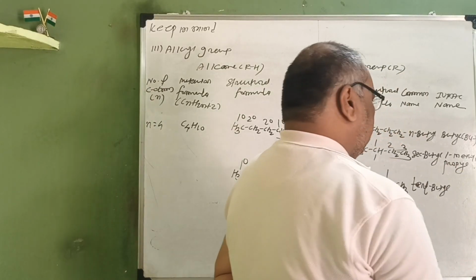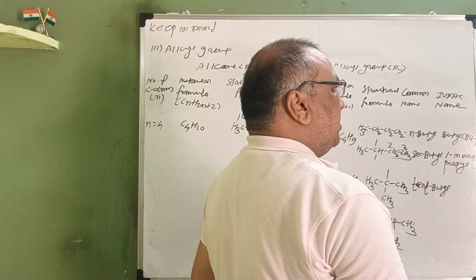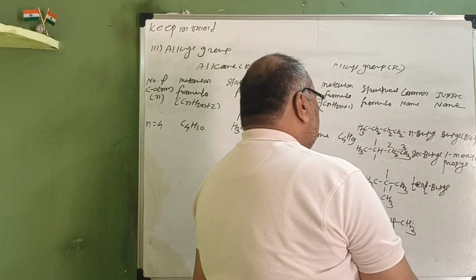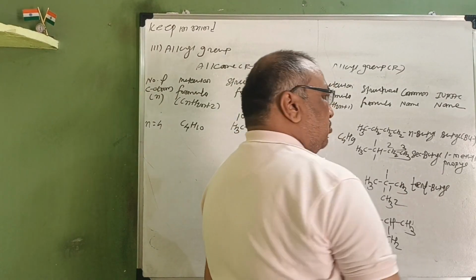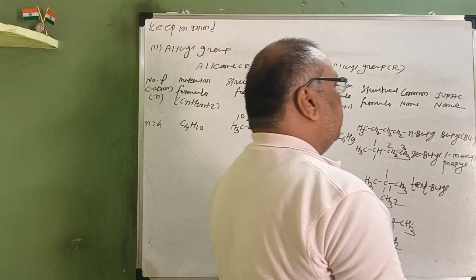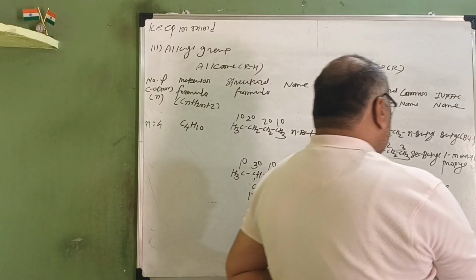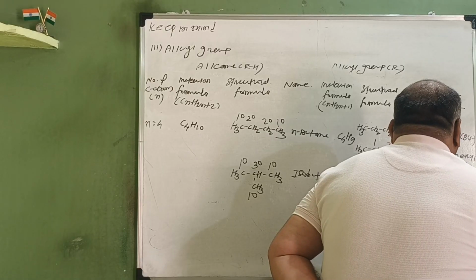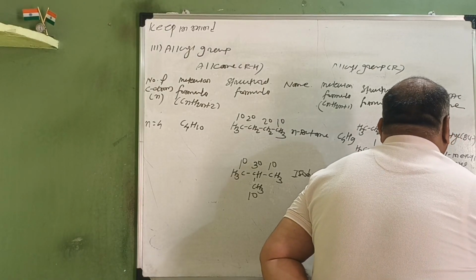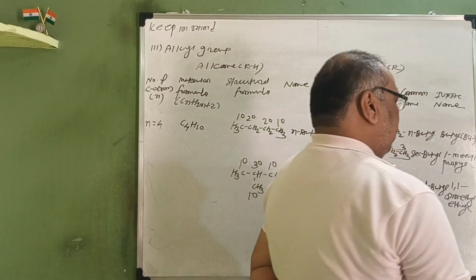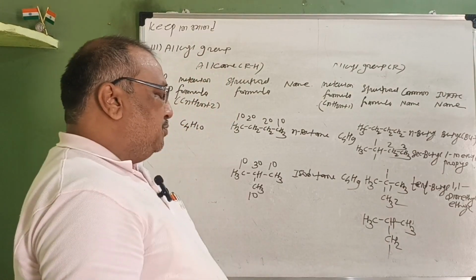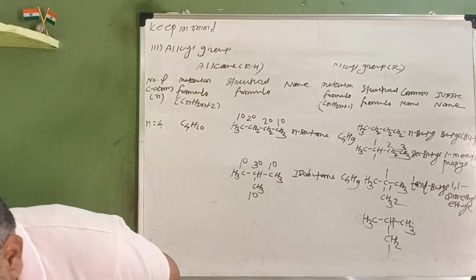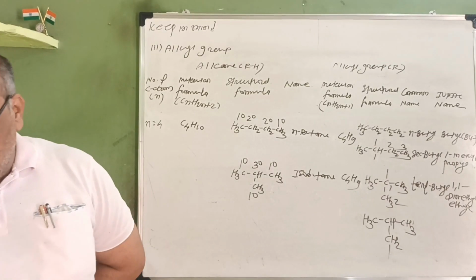So what is the IUPAC name of tert-butyl? This dash is attached to this carbon, so it is numbered as 1 and this is numbered as 2. There are two methyl groups attached to the first carbon, so here write down 1,1-dimethylethyl. That means the IUPAC name of the tertiary butyl group is 1,1-dimethylethyl, and then last